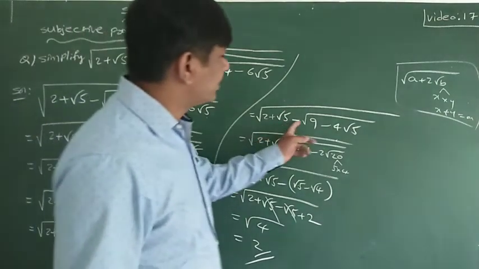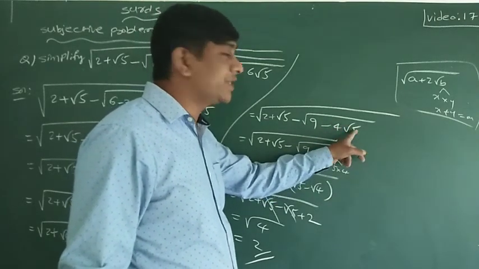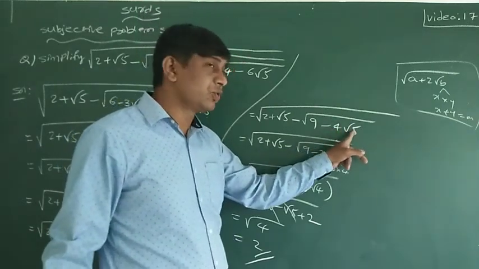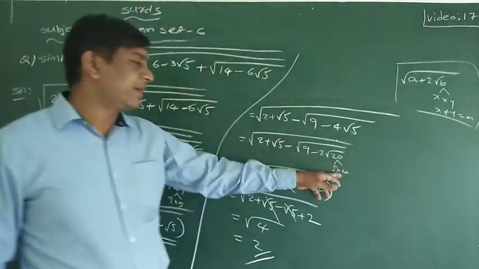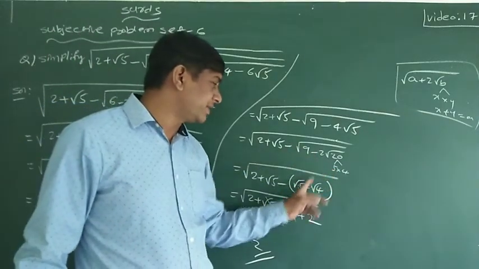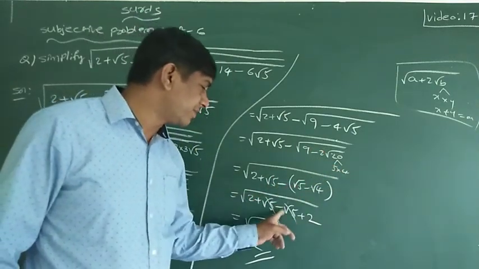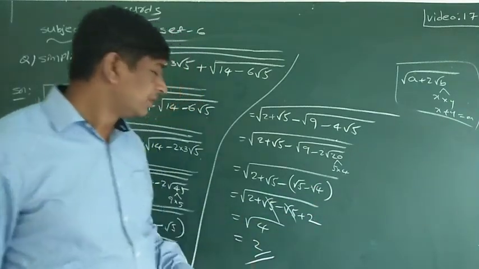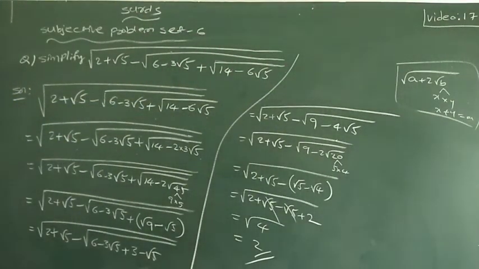Now 2 plus root 5 minus root of 9 minus 4 root 5, means 2 take outside and 2 take inside. 2 square is 4, 4 5s are 20. Now 5 4s are 20, means 5 plus 4 is 9. So root 5, here minus is there, minus root 4. Since here minus is there, write bracket. Now open the bracket. Minus into plus, minus root 5, minus into minus, plus root 4, is nothing but 2. Root 5 gets cancelled. 2 plus 2 is 4. Root 4 is nothing but 2. Okay, this is your final answer.